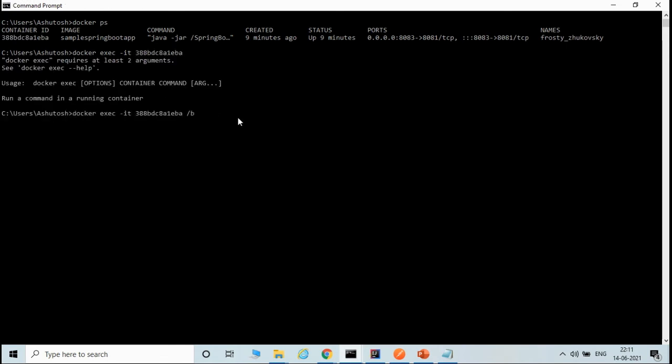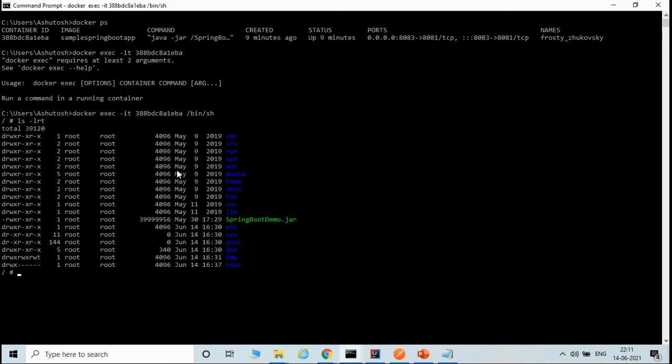Also we need to pass bin sh. So bin sh is the starting command, so it will give us the starting prompt, and we are right now in the root directory. So if you type the Unix command ls -lrt, it will give you the listing of all the files.